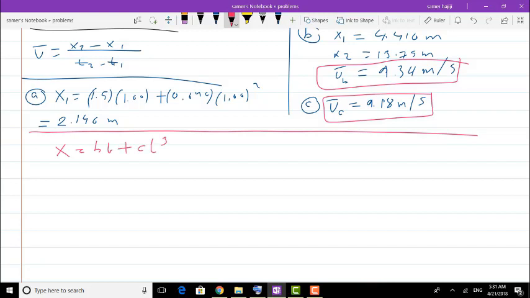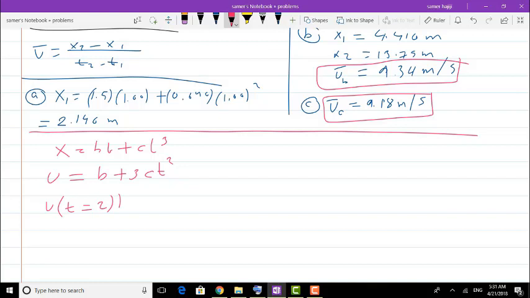If we differentiate it, we get v instantaneous is equal to b plus 3ct squared. And in order to find v at t equals 2,